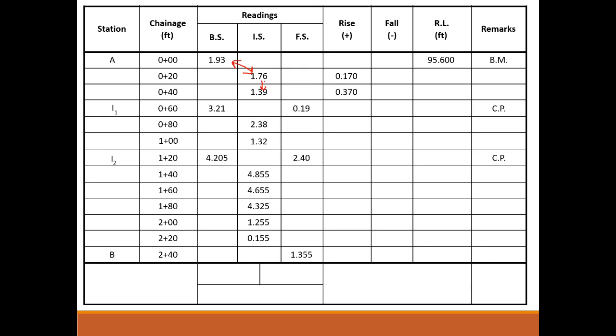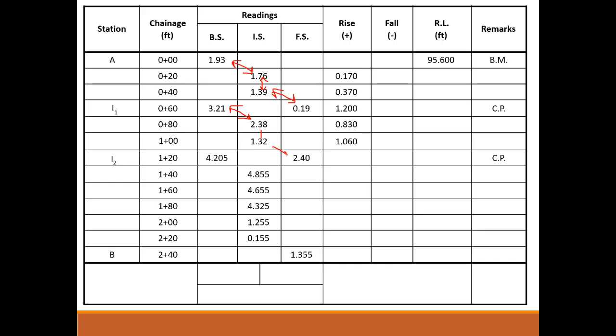Okay. Similarly, taking the difference between these two readings, 1.76 minus 1.39, the answer is plus 0.370. Again, taking the difference between two readings, 1.39 minus 0.19, it is with the plus sign, and we entered it there. Okay. And for the next reading, we take the difference between this back side and intermediate side. It will be plus 0.830. Again, the difference of these two readings. Okay. So after taking the difference between these two readings, 2.38 and 1.32, we got the value of plus 1.060 as